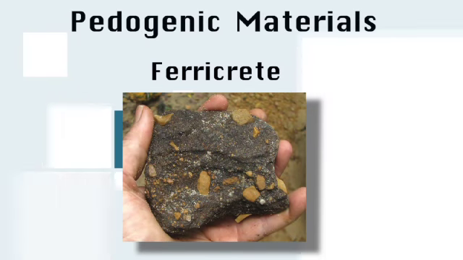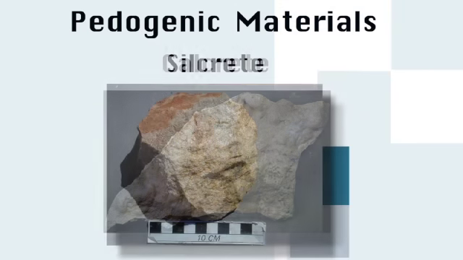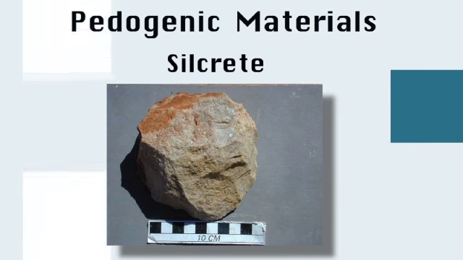These are various types. The most common is what we call ferricrete, where the actual ion is the ferric ion, iron. Then you also get rock as a form of the calcium presence in water, which then fuses, forming a calcrete, which is calcium oxide. When silica is the dominant ion, you get a silcrete.